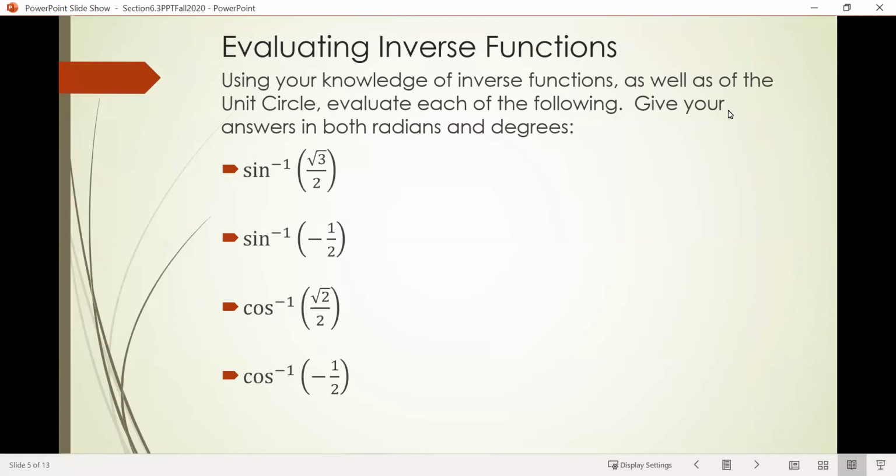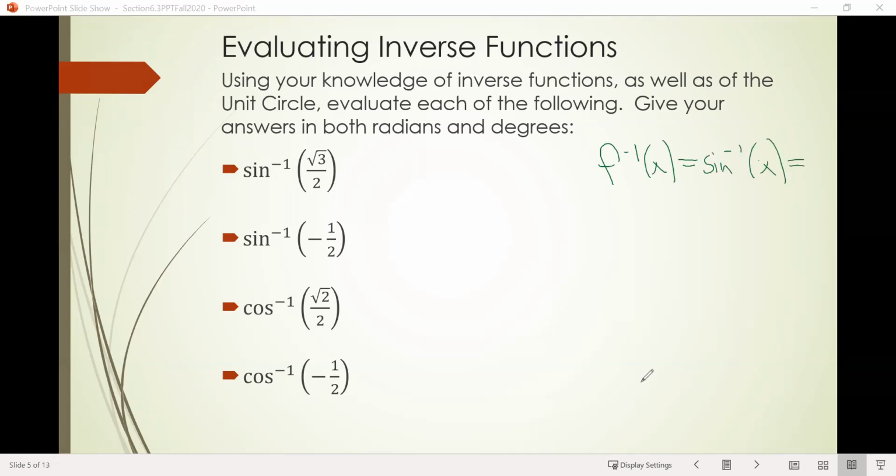So let's look at these. Here we're asked to use our knowledge of inverse functions as well as the unit circle to find the values of each of the following, and we're asked to give our answers in both radians and degrees. A couple of things I want to note first about inverse trig functions that we talked about in the last video. Just a reminder